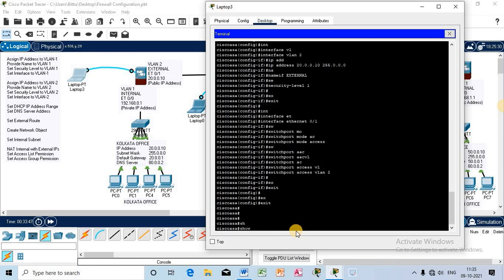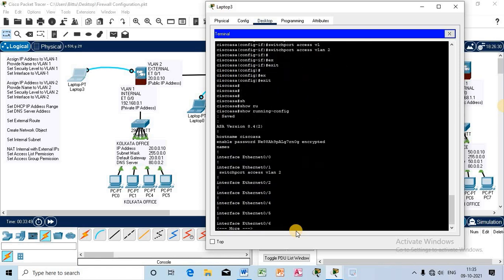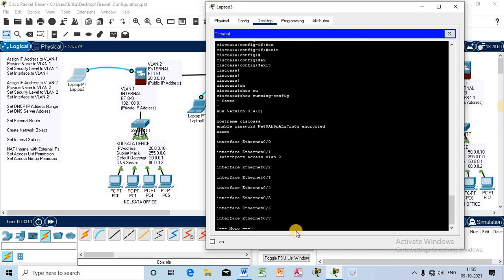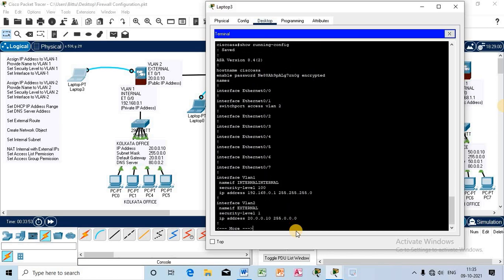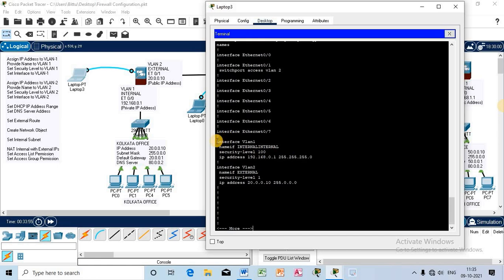Running configuration, let me check the configuration that I have done now. Observe carefully. Watch, interface VLAN 1 name has been assigned as internal.